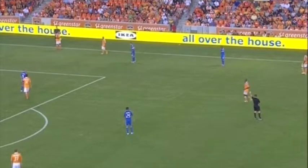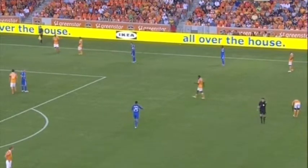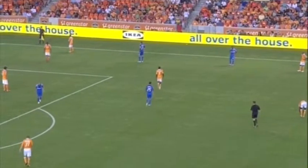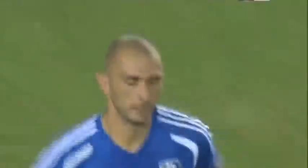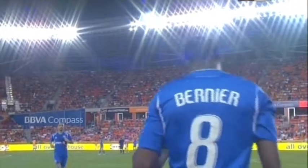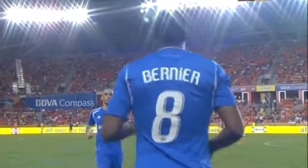So Marco Di Vaio, he's going to come out. And the leading goal scorer now, Patrice Bernier, will come on for DeValle. The Italian still has not scored his first Major League Soccer goal. And did not really get